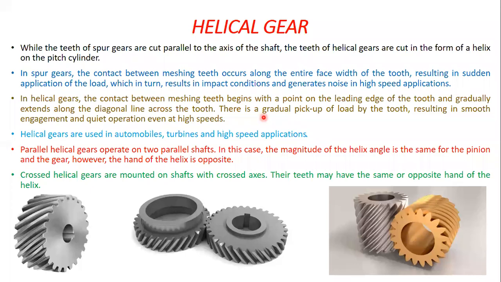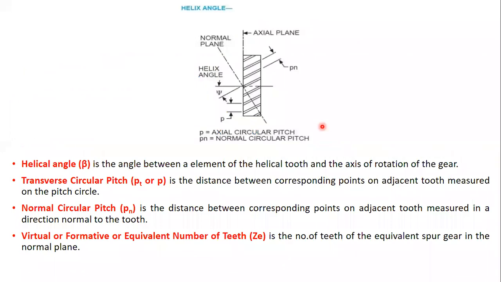That is the terminologies which we are going to use in the helical gear. You can see that this is the front view of the helical gear. How the helical angle is going to be taken: here you can see that the teeth are cut at a certain angle to the axis of the shaft. This is the axis of the shaft, and these teeth are cut at a certain angle. In your book, we are going to take this angle as beta.